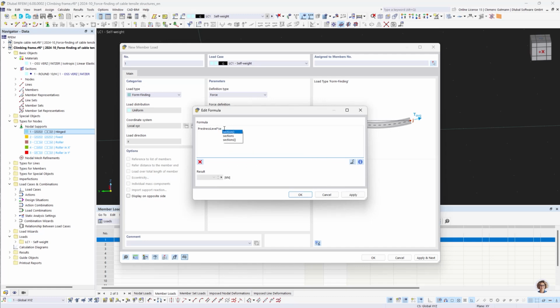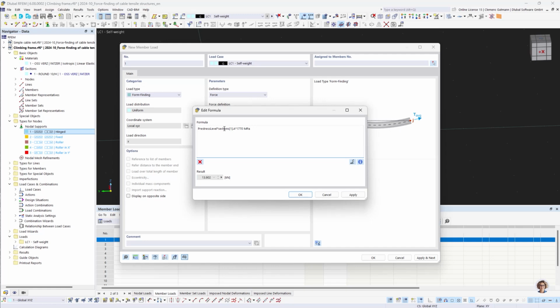So I'm typing in sections, and my cable has the section number 1, and I want the area of this, and I want to multiply this with the yield strength of the cable, which is usually 1770